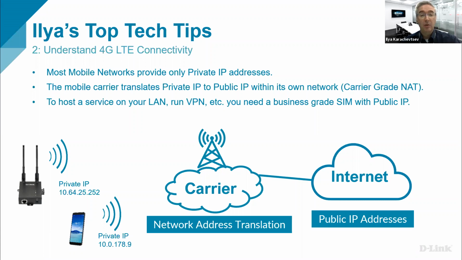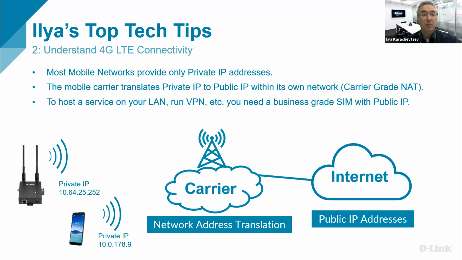One thing that not a lot of people know is that on mobile connections, if you're using a SIM card or a mobile phone, the carriers provide so-called carrier-grade network address translation. So they're actually providing you with a private IP address. Because you're working within their network, you can still access the internet because they're doing network address translation. But it means that if you're hosting any type of service, say surveillance cameras, a mail server, or some other business application which requires access from the internet,